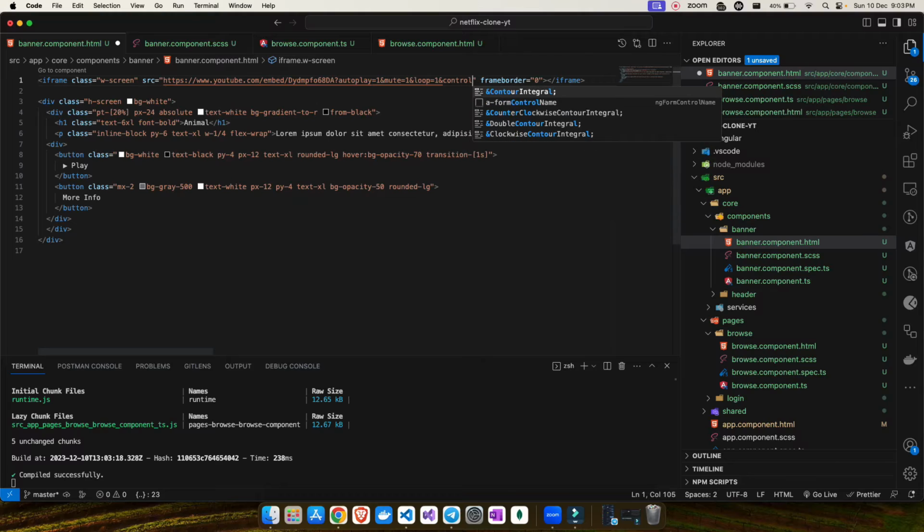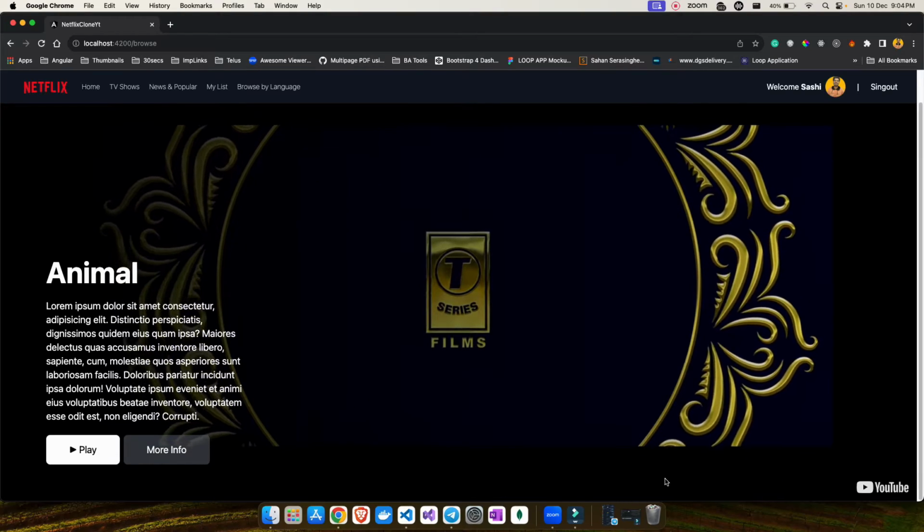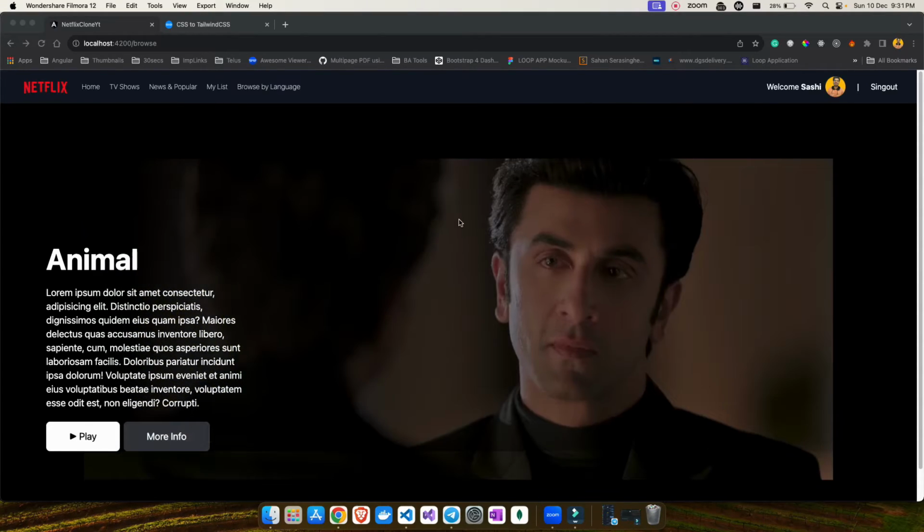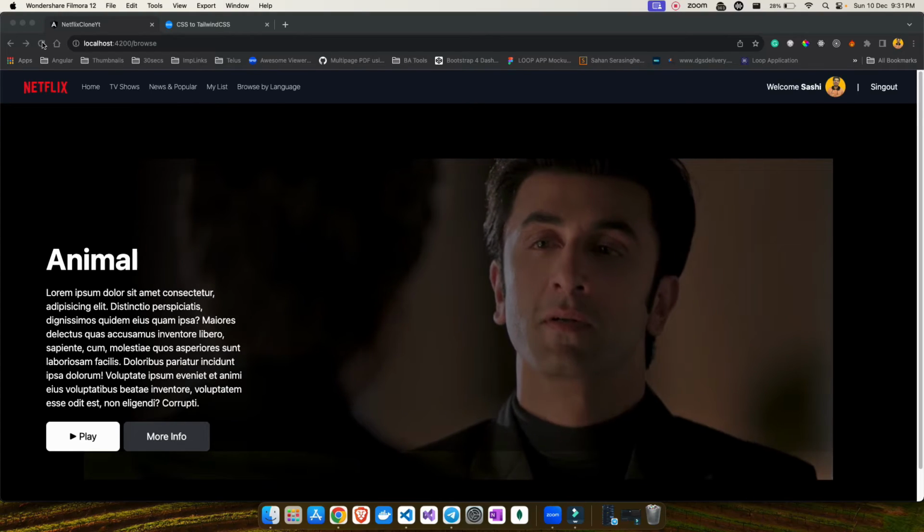So I can say controls. Okay, so I can say controls equals 0. Maybe if I add that, I should not be able to use the control. See, I'm not able to use the control anymore. All right, so here if you see, our banner component is ready, and I just saw some small problem